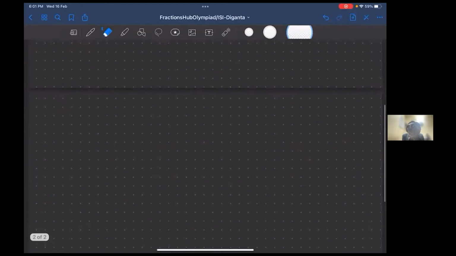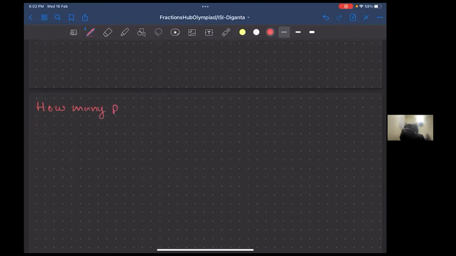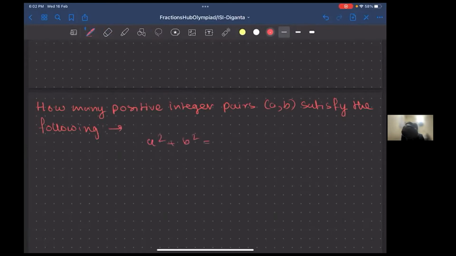So the question goes like this. How many positive integer pairs (a, b) satisfy the following? a square plus b square equals ab times (a plus b),